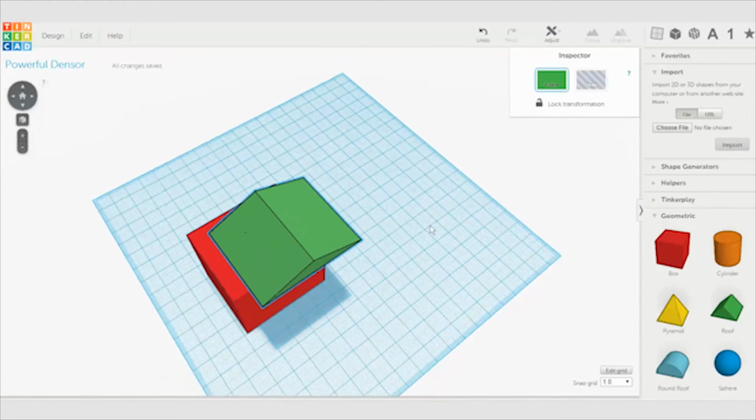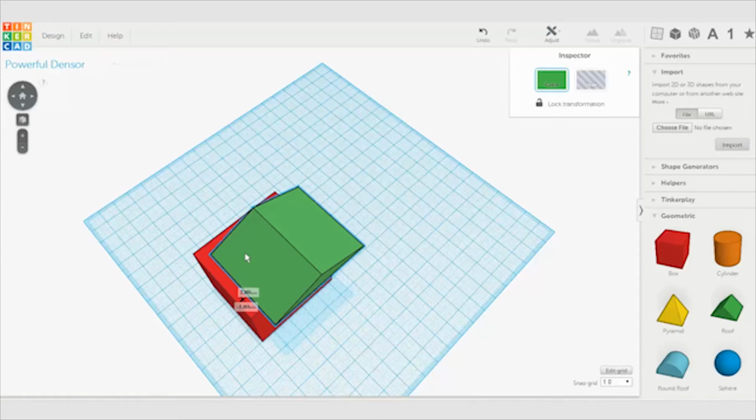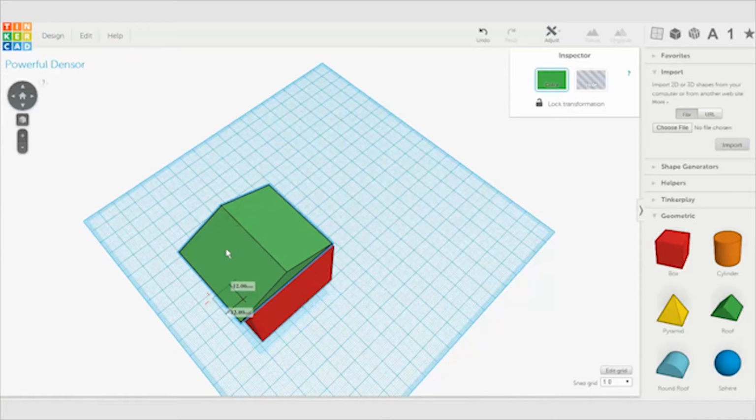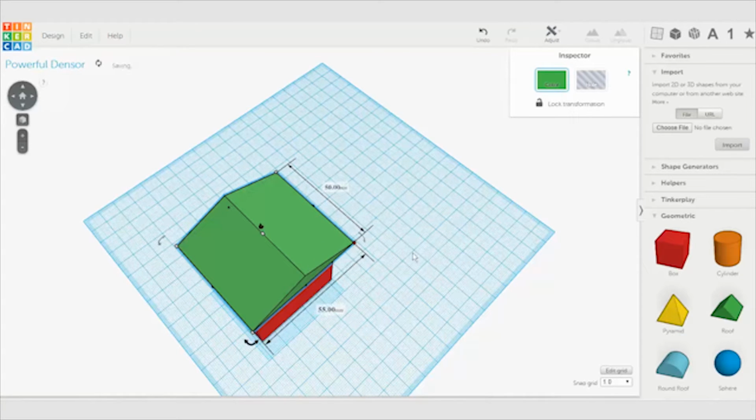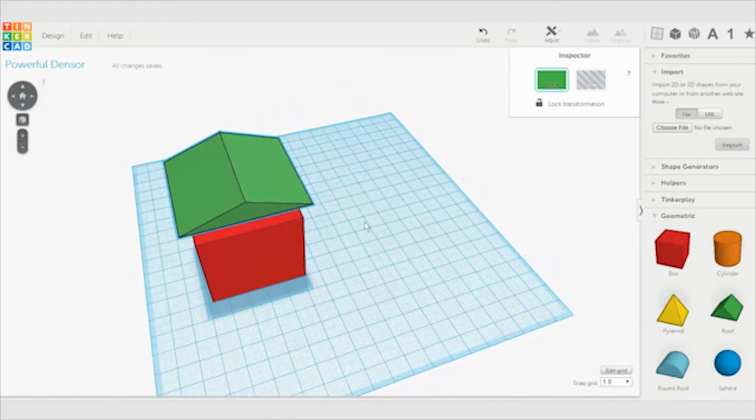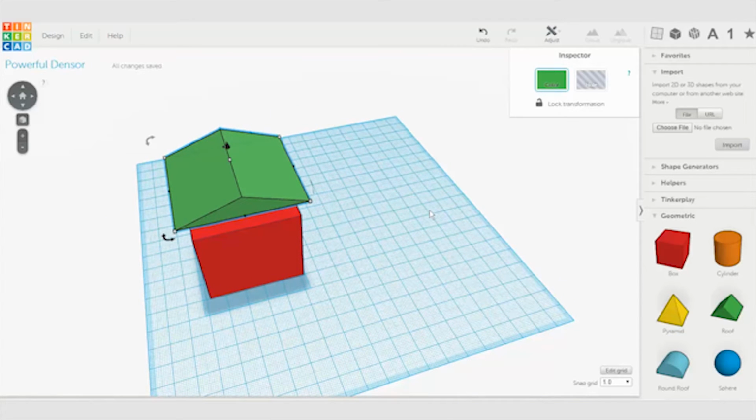But now that we have it in place, we can make it a little bit bigger, resize it so it's the proper size to fit the top of the house. And don't worry about getting these things perfectly aligned with each other, because we'll do that as the next step. I'll show you a good way of doing that. But once we see that the roof is about the same size as the house, and will fit on top of it,